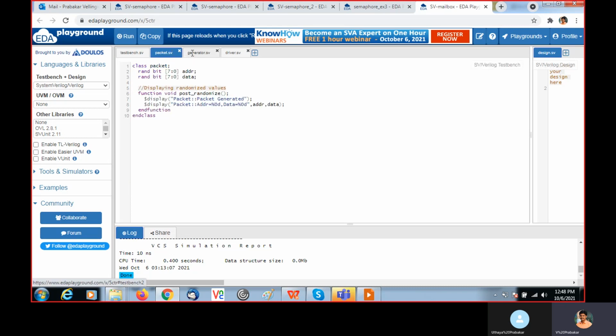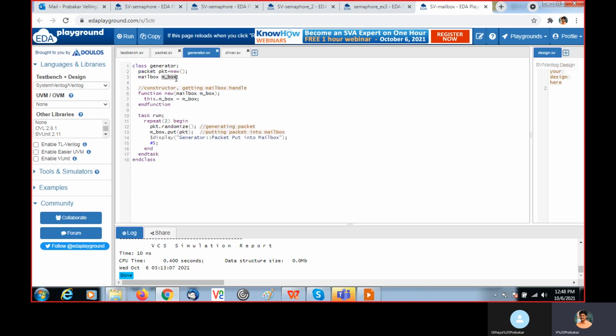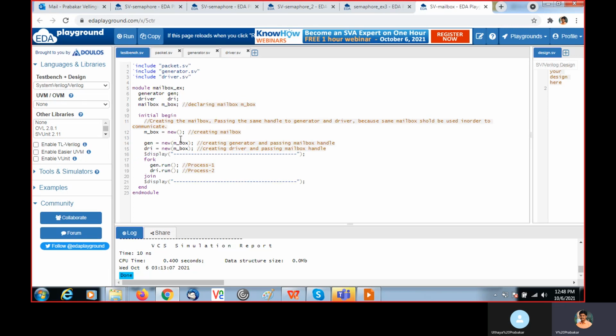Otherwise, if I instantiate one inside the generator and create new for this mailbox, it is a different one, and the mailbox which I created here is a different one. So if I put in one mailbox and get from some other mailbox, I won't get anything, right? So here I instantiate the mailbox, and this handle I am passing so that I am able to access the same mailbox.